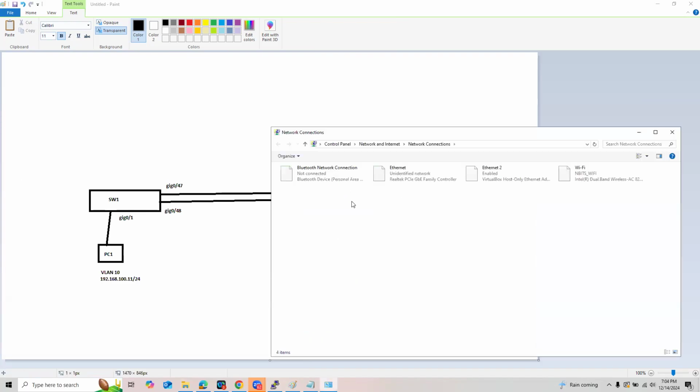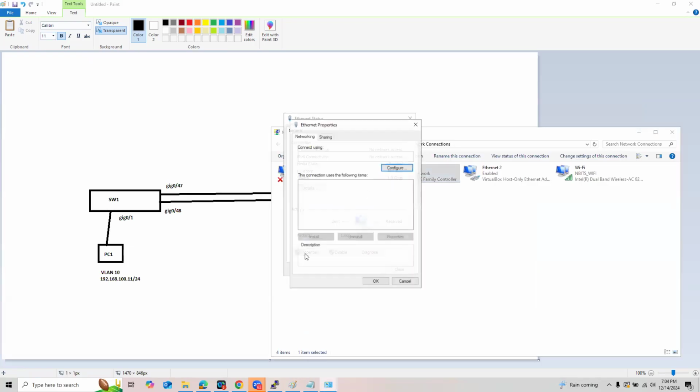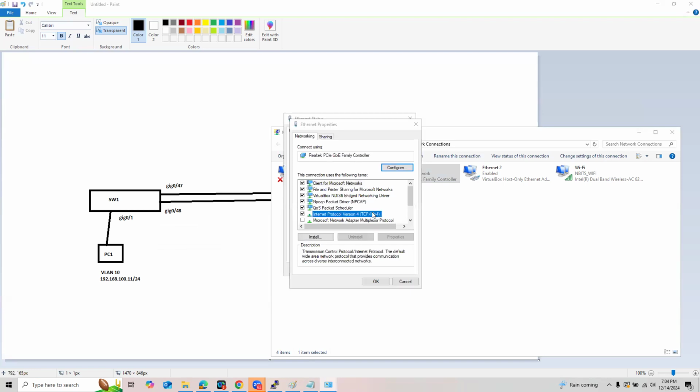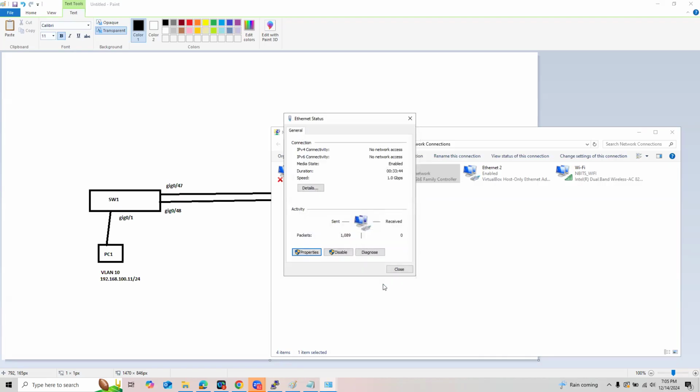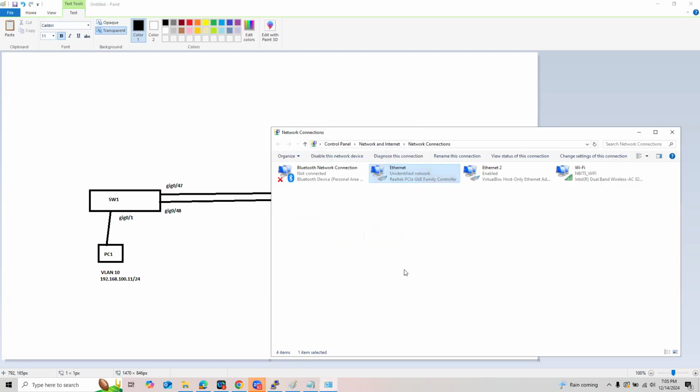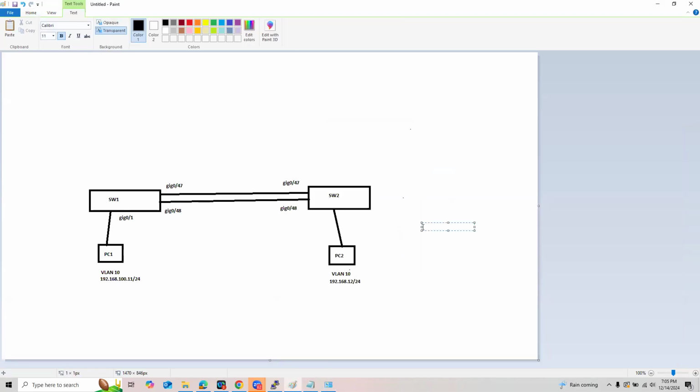IP address then. So this is the interface. Then we are going to assign... Okay, we don't need a default gateway for now. What we need is the right IP address. So this is 11 slash 24, that's 255.255.255.0. I don't need a default gateway yet, because our communication is still switching. There you go.